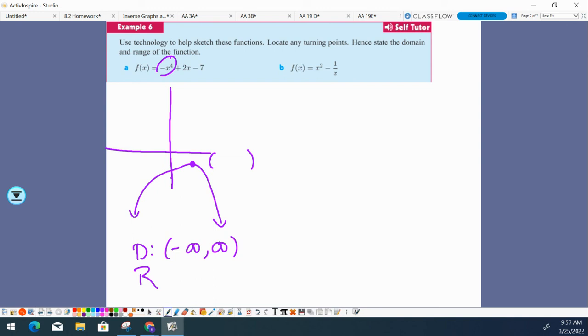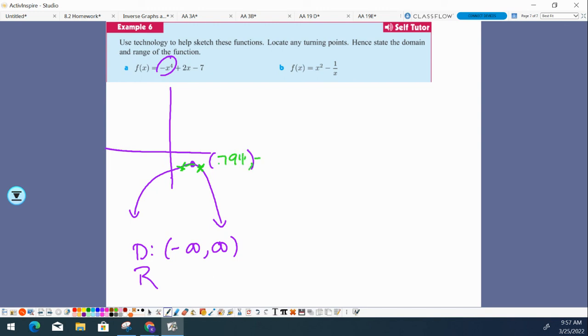So you want to put the cursor to the left of the highest point and push enter. Then move your cursor to the right side, and notice the calculator says the right side. Hit enter again and hit enter a third time for a guess, and you should get this coordinate point of